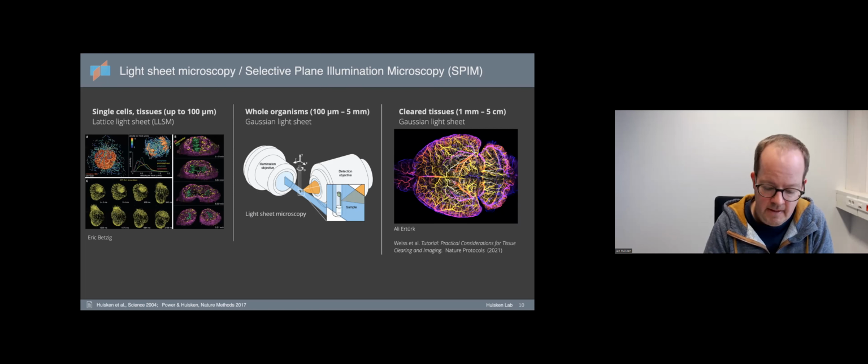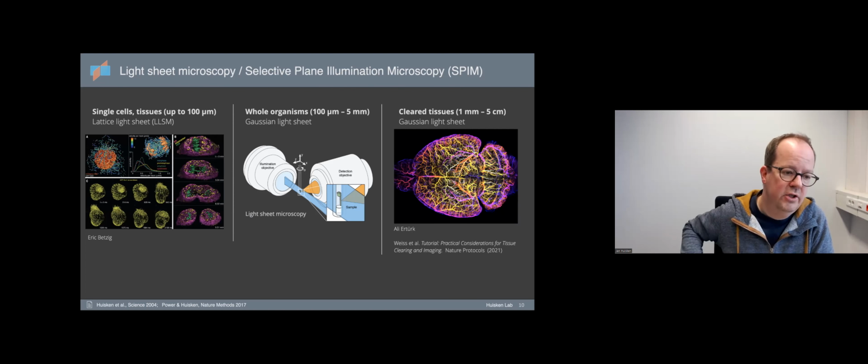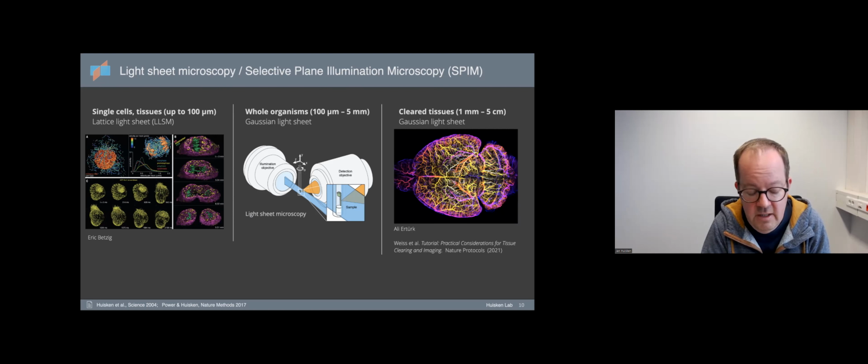there as well. But at the same time, light sheet microscopy has also been used for individual cells or small cell aggregates, where you are below the 100 micron limit. This is mostly termed lattice light sheet, or at least that's where lattice light sheet has had the most impact. But in fact, you can do most of this also, I would say, with a classical Gaussian light sheet. But this is just to illustrate the wide range that light sheet microscopy can cover, and that there